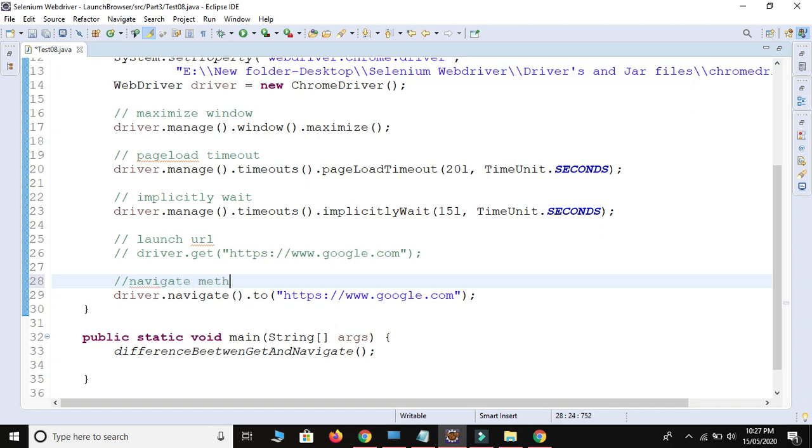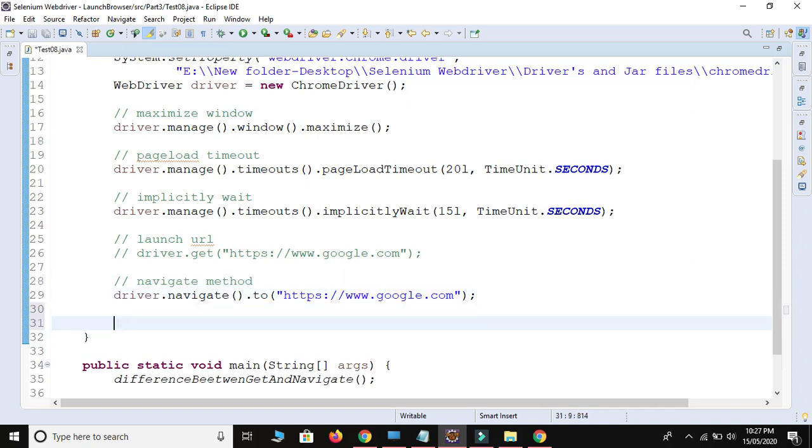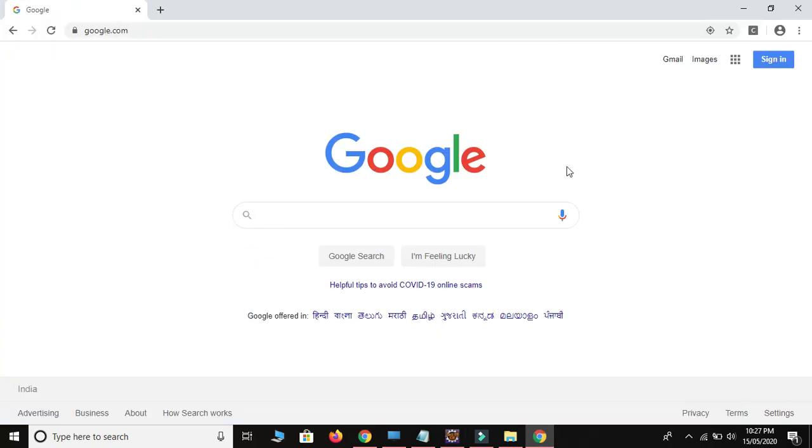Now if you need to perform some activity, I will show you an example. This is the home page, right? After clicking on this business button, when you click on this business button, Google's business web page should be open.